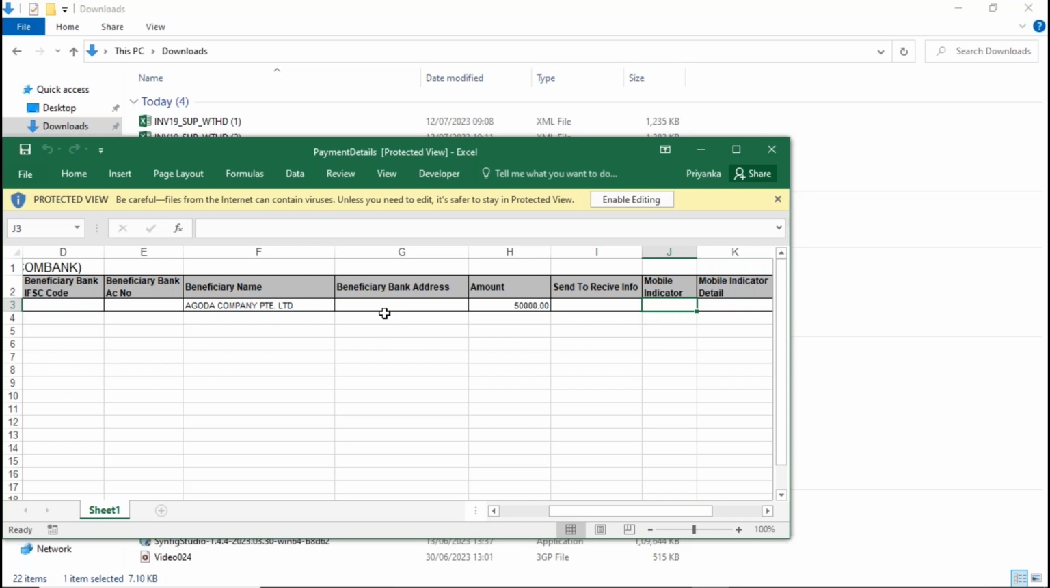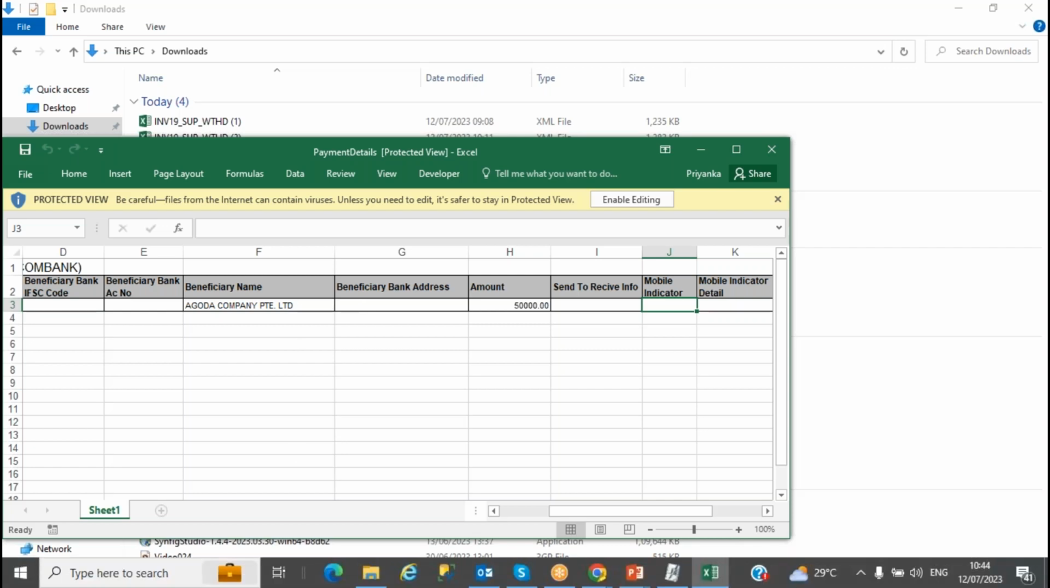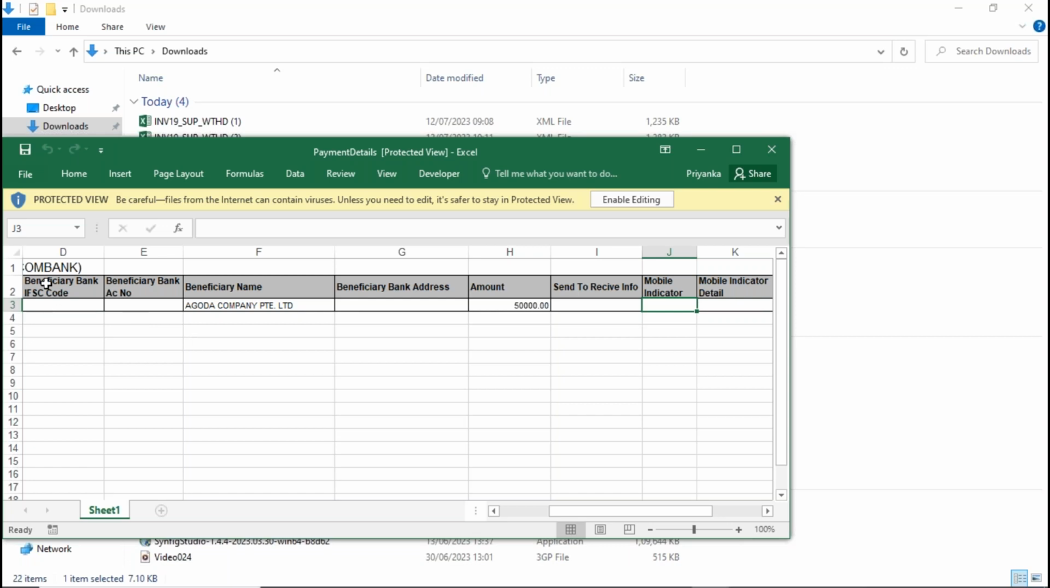So this is an Excel sheet that opens up. Right now, it is just showing me one supplier because I have chosen only a single supplier. If there were multiple suppliers for whom I was initiating the payment, it would have listed all the suppliers with their respective details. Now, beneficiary, IFSC code, beneficiary bank account number, and bank address, so and so forth, has to